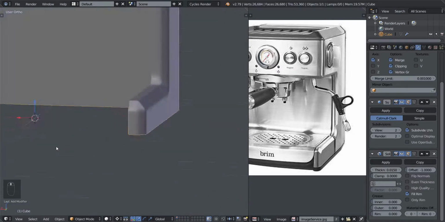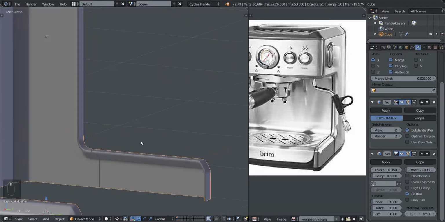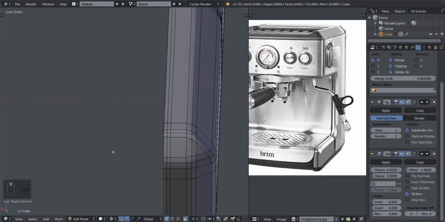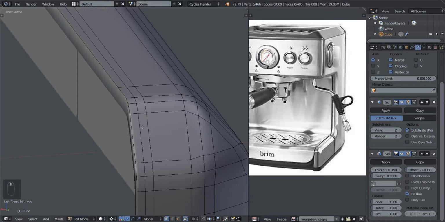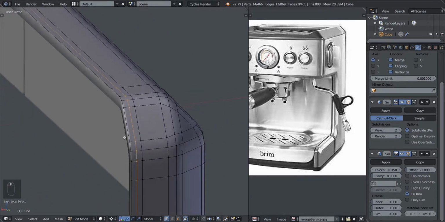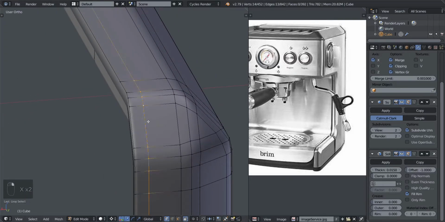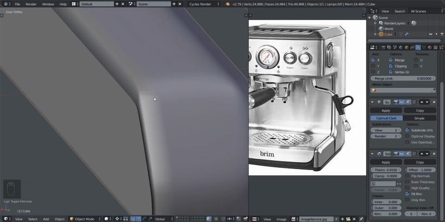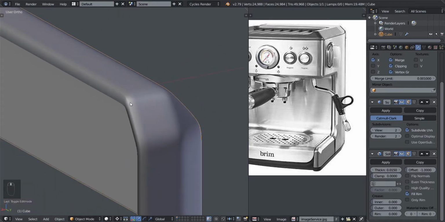So it applies the thickness all the way to that side. And if you're applying thickness and you don't have supporting edge loops like we have here right now, it might look a little weird. Let me show you what I mean. So I'm going to dissolve these edges right now, and now you can see what is happening. The shading is flowing over the surface here, so you can't really tell